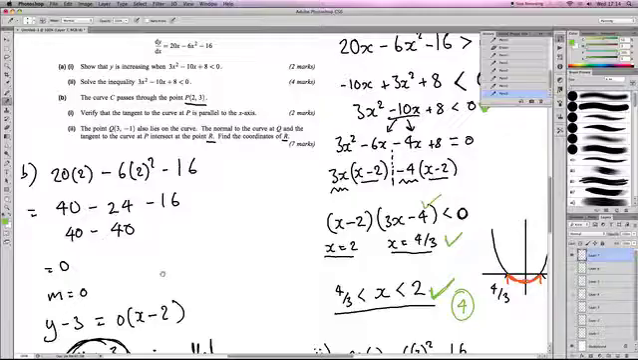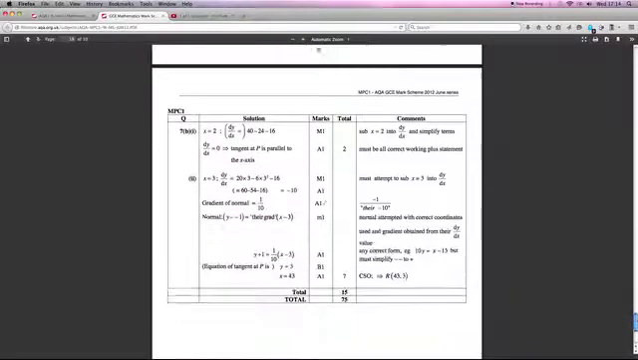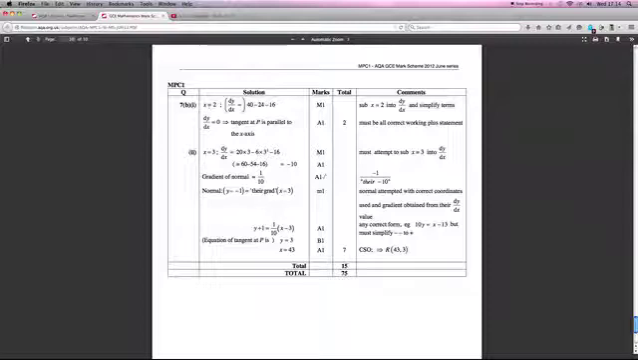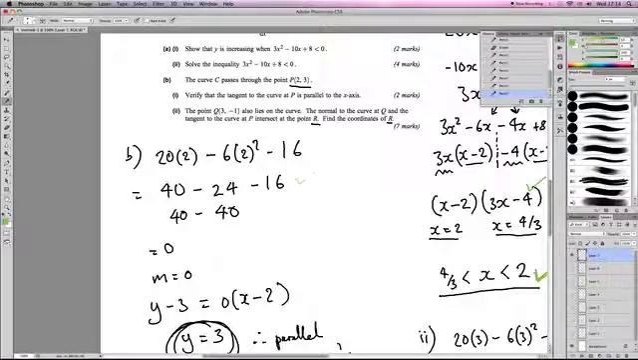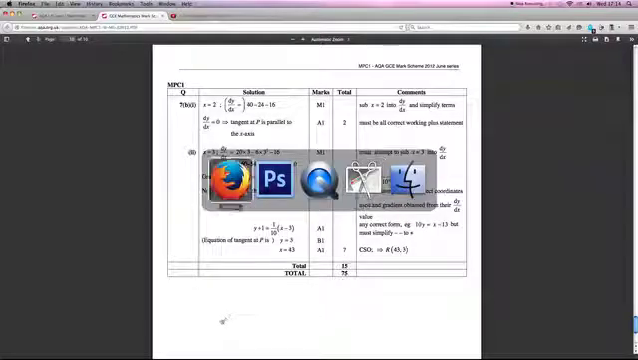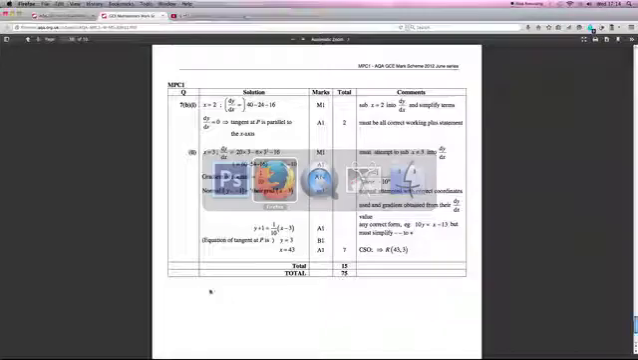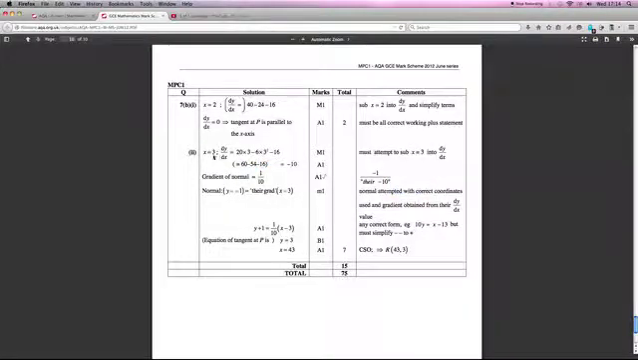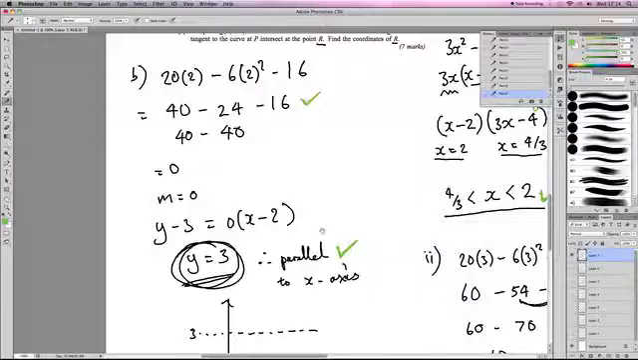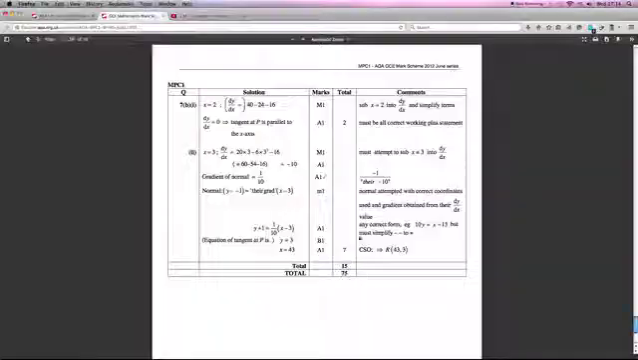Next part B, I think. Part B. Basically substitute 2 in. Substitute 2 in. And then make n equal to 0. So tangent, tangent's parallel to x-axis. So there we are. I've also got the line equation, but it doesn't matter. Next bit, substitute 3 in. Substitute 3 in, perfect. And then minus 10. Minus 10. And then,